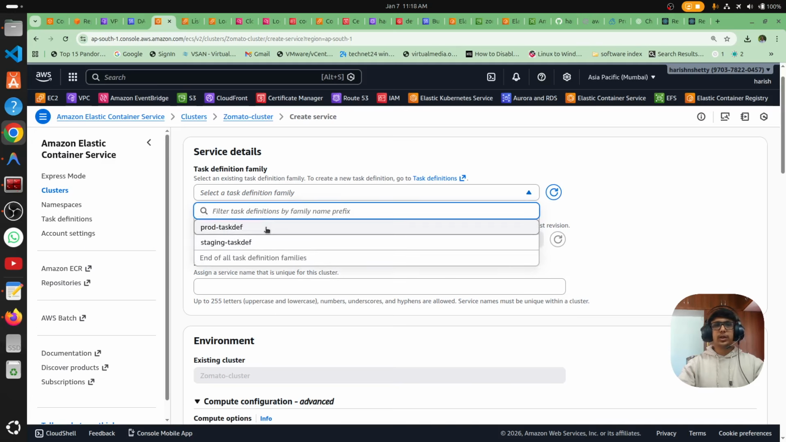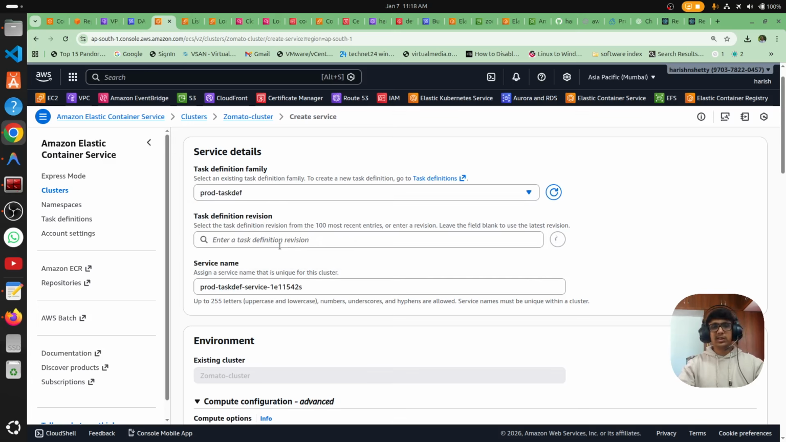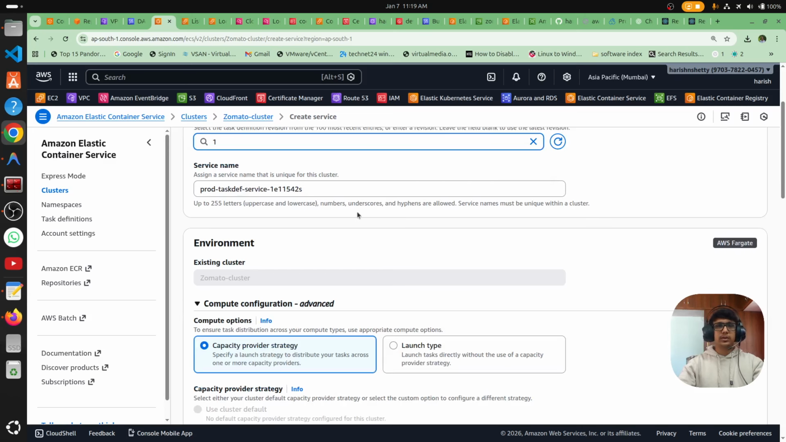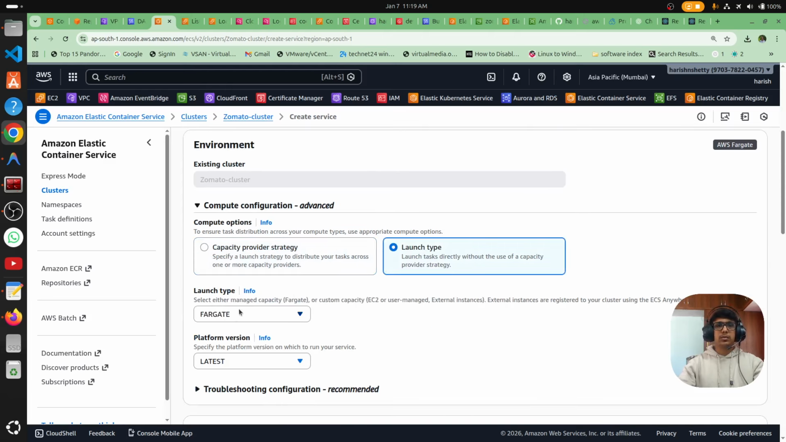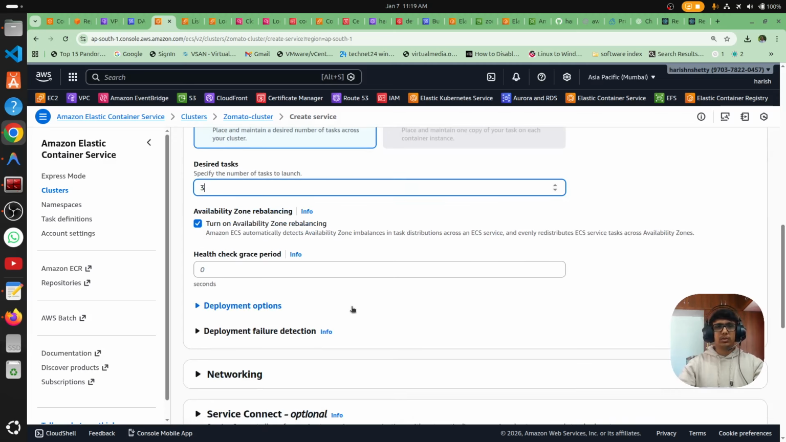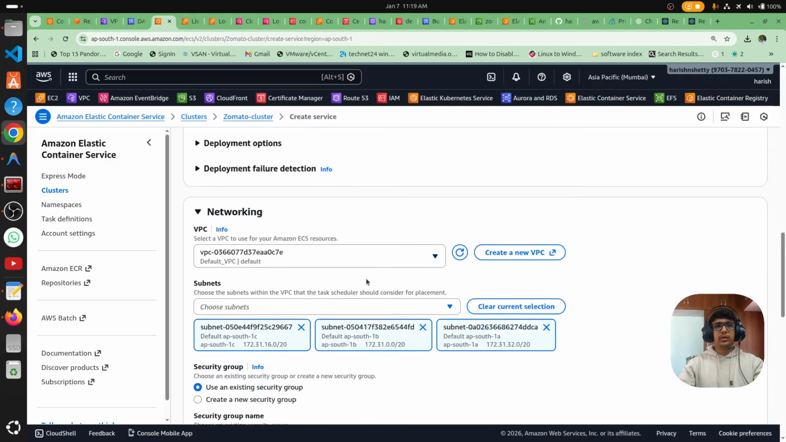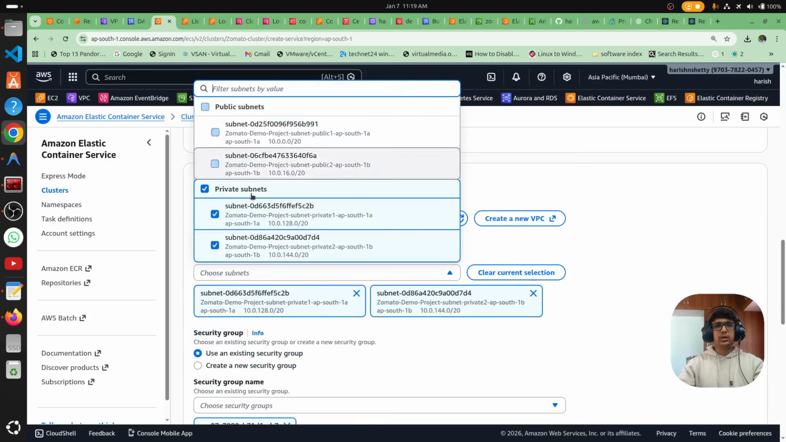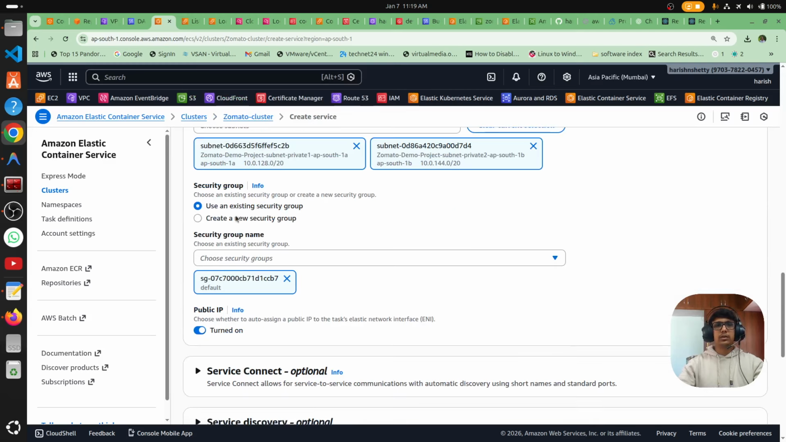Move back to the ECS here and click on create. The task definition is the prod task definition, right? Don't select the staging one, and the task definition is your latest one, and launch type, I forgot, and desired tasks is 3, so we can easily identify if you give more. And the networking is Zomato. Now select the private one, create a new